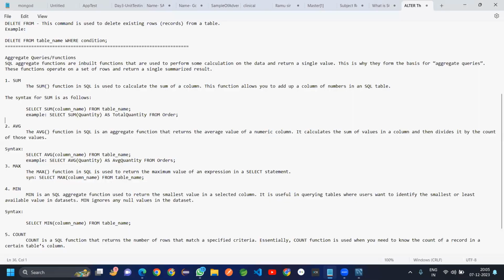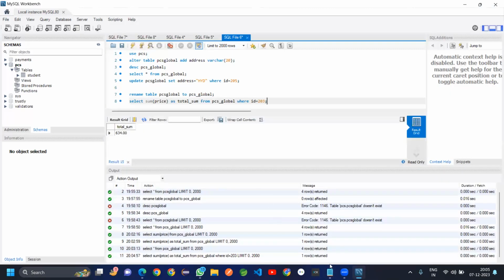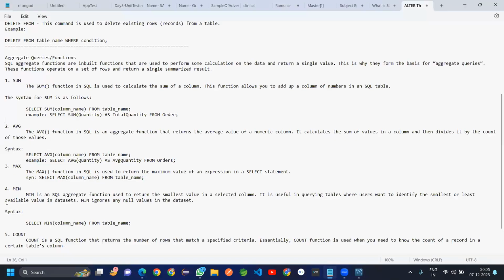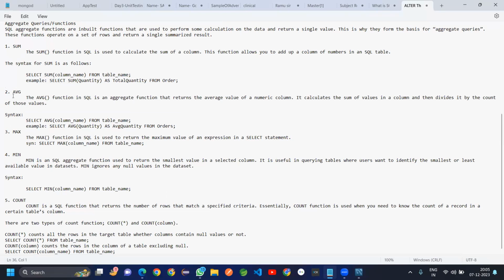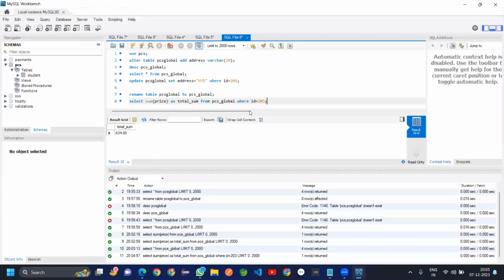The next aggregate function is average. If you want to find the average of the price column, we can use it the same way. Simply AVG and give the column name, specify the custom output and from which table. You can specify the where condition also, or you can directly calculate the entire average. It's up to you. For the time being, I am removing the condition. So if you execute,